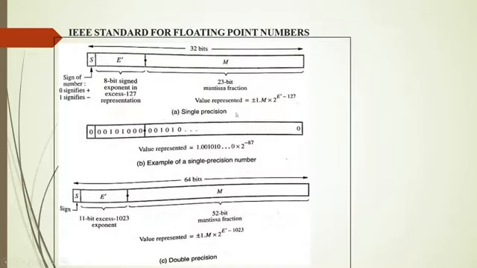Alright, so I believe this is clear. So this is the IEEE 754 representation of floating point number: sign bit, exponent and mantissa. Exponent, if you are writing from decimal to binary, you are going to add 127, and if you are writing from binary to decimal, you are going to simply subtract 127. Alright, so this represents my